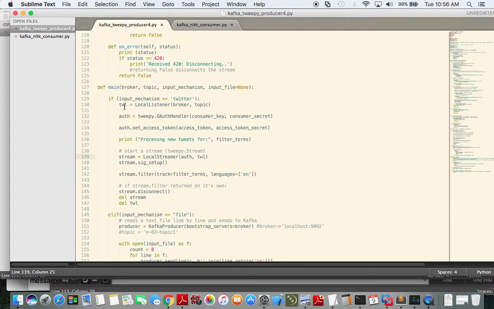Oh, I'm sorry, backing up. So first we get a listener object right up here, and then we create the auth object, and then we create a stream object by using the auth object and the listener object. And so the stream is where the action gets initiated, and so we set languages to EN, so we're getting